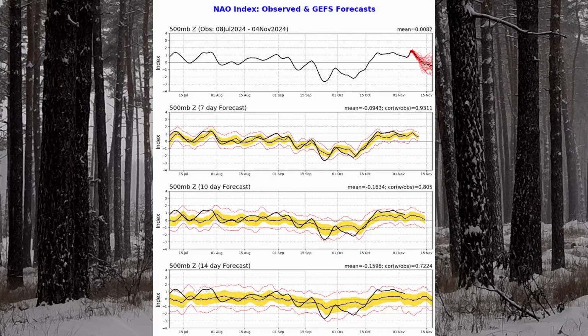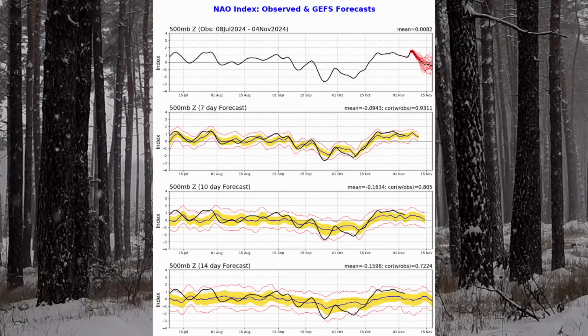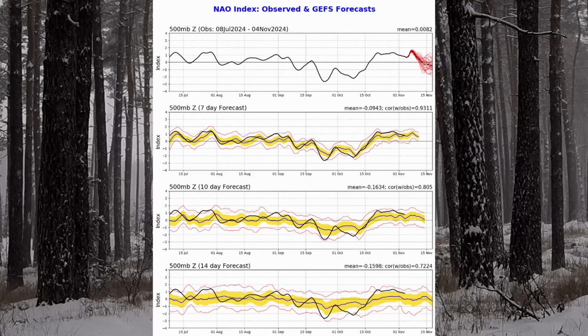And when we're in a positive phase, that keeps things warmer along the eastern United States and a little cooler in the west. So kind of talking about a negative PNA pattern. Now we're not going to go too much into the PNA, but basically when you have a negative PNA, that contributes to cooler conditions in the west and warmer conditions in the east. So we're kind of seeing that trend here with these patterns, and we're overall seeing that we could see warmer conditions in the east and a little cooler conditions in the west, depending on where you are. And overall, that could hinder or even influence your snowfall in a positive direction, depending on what side of the United States you're on in this pattern.